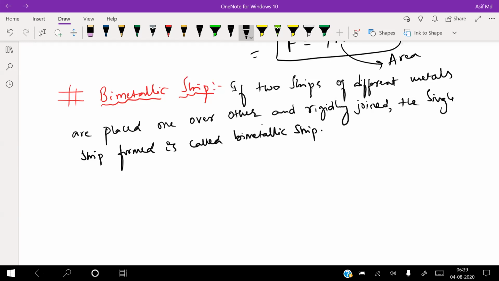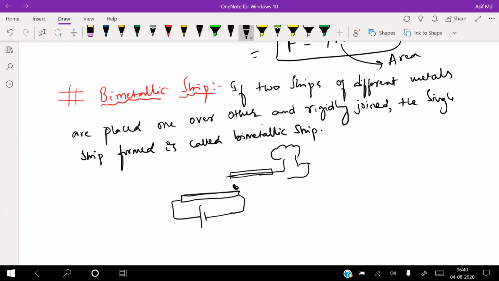What is actually happening is, for example, this is a circuit element, and there is a connection here, and there is a strip here. This is your bimetallic strip combination. When nothing is happening, this connection is open. Say this is a battery, and this is connected to the siren box. The siren box will run only if there is current flowing. The bimetallic strip is a combination of two different strips, maybe copper and iron.